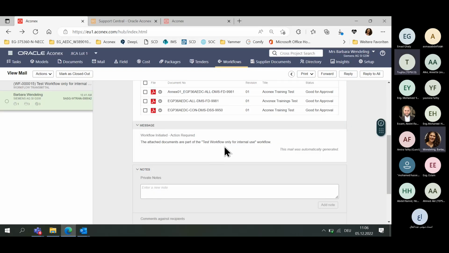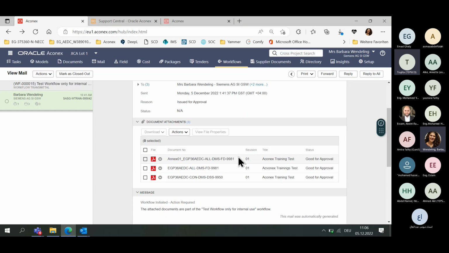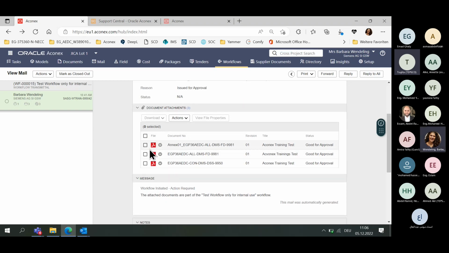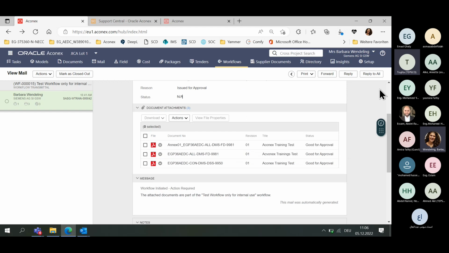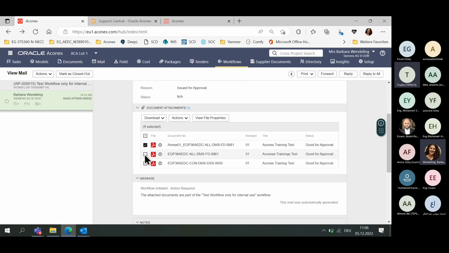So this was now the upload. And now you can download. You click on the icon. I showed it already, but I will repeat it. And then you can open, then the document opens, and you can download it on your network device on your own. And if you click on this and say actions, view documents in register, latest version,